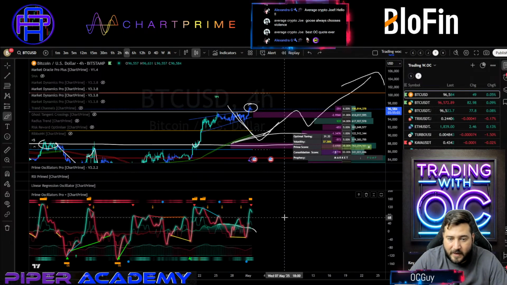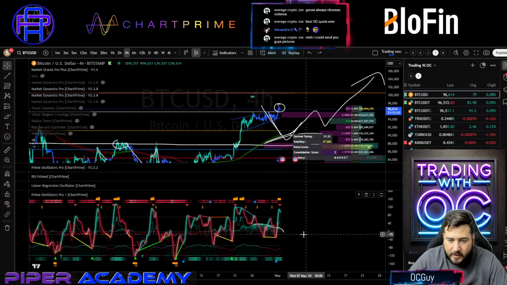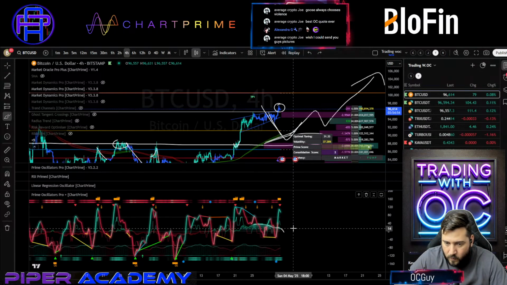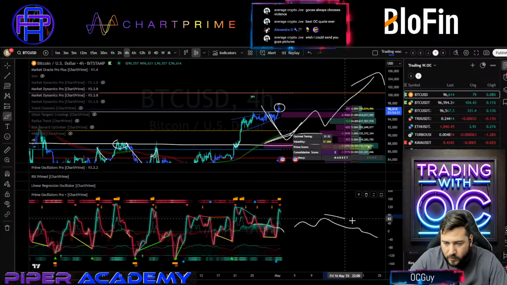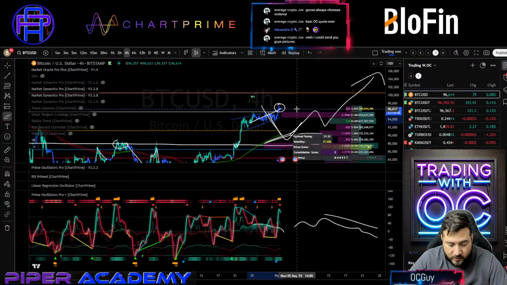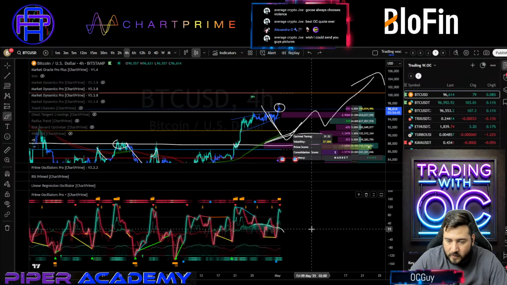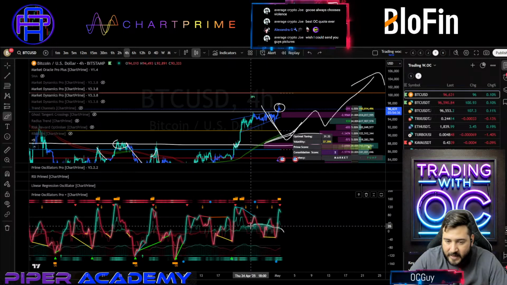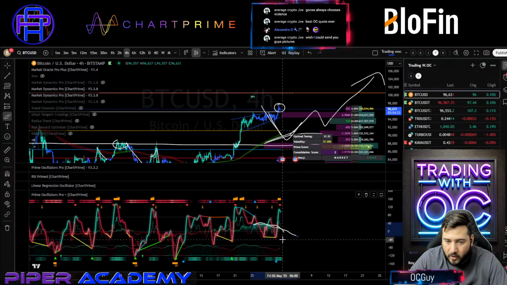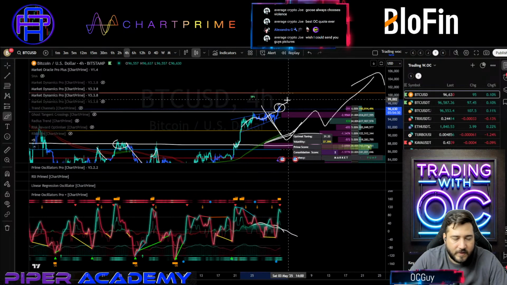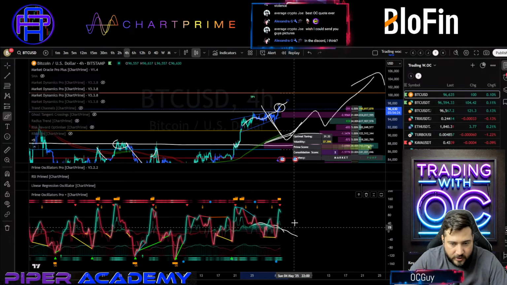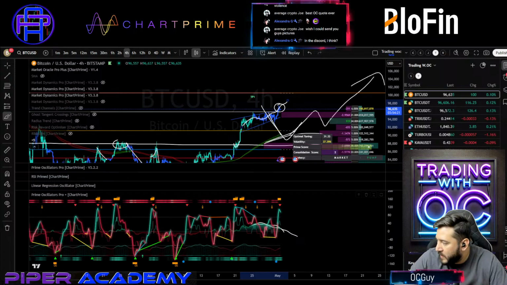All right, so what is a divergence? Very quick, just simple. It is whatever kind of oscillator you have. When the oscillator is going downwards and your price action is going the other way, upwards, that creates a divergence. So simple, a divergence is a disparity, a different direction between what your oscillator is showing you and the price action direction. In this case, we have a continuing lowering money flow and continuing increasing price action. This creates a bearish divergence from money flow. So this is a money flow bearish divergence.